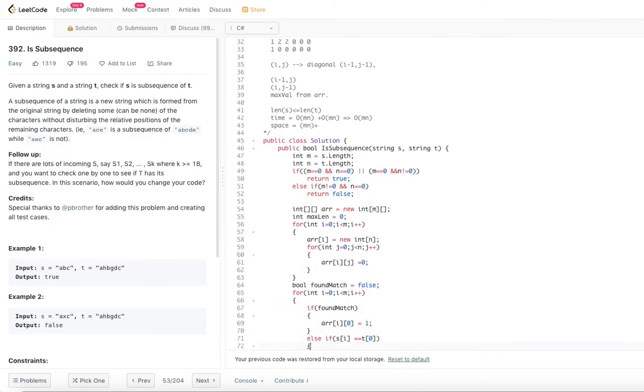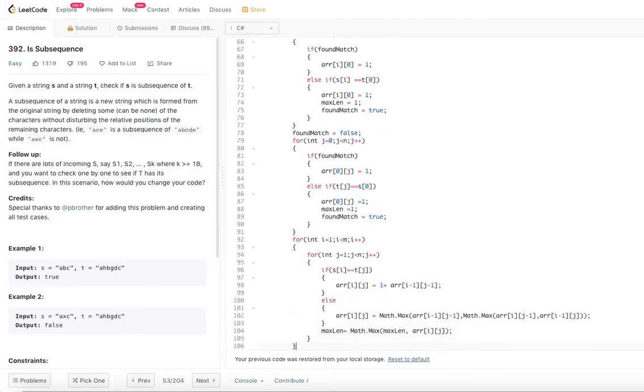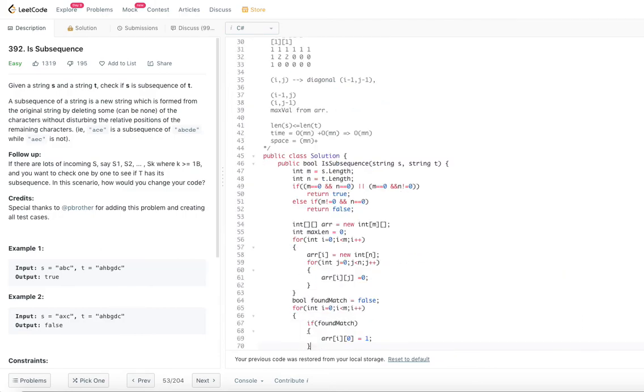We are using another boolean variable, but it will not take much space, it's just constant space. In this particular case, we are not using much more extra space. So that means the space complexity is also order of mn. So time complexity is order of mn and space complexity is also order of mn.